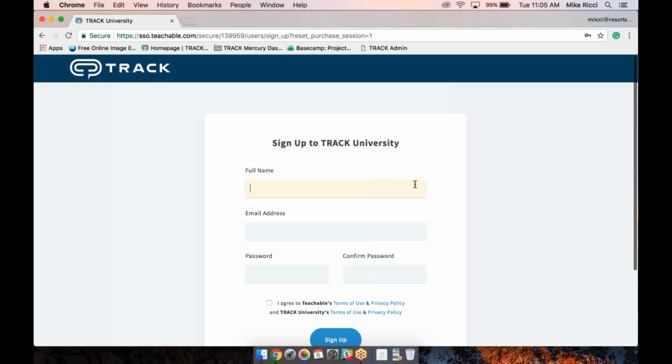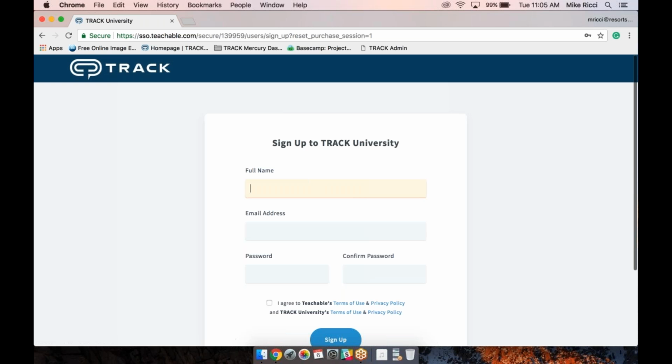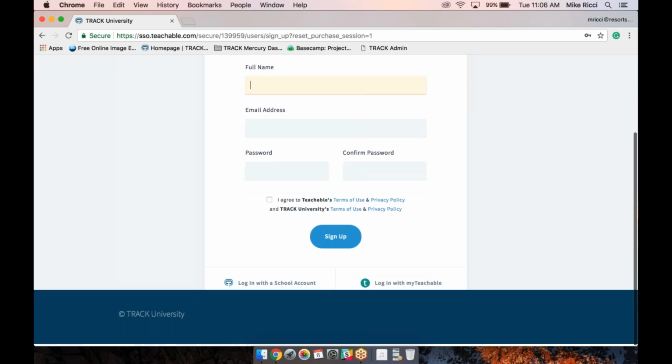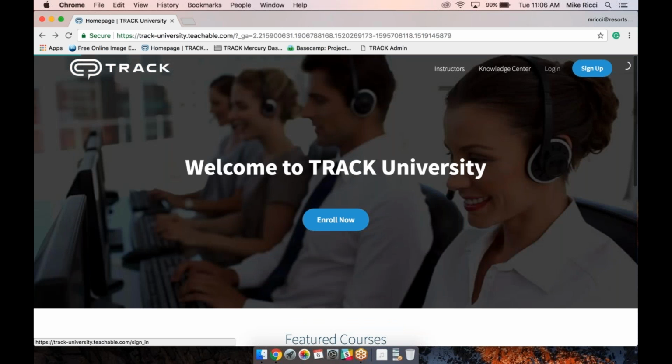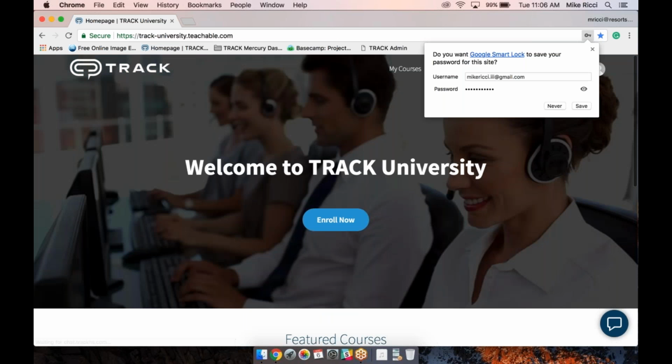From Enroll Now, you're going to have to put in your name, give your email address, create a password, and make sure you are agreeing to Teachable's terms of use and privacy policy. Sign up, and then you're going to have access for free to all of the content that we have available. I'm just going to log in right now so we get logged in,